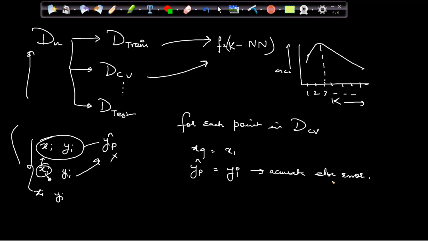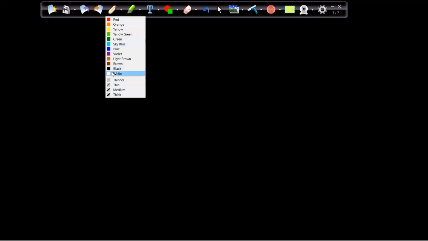Now, from that, two things come in. There are two types of errors which we have to think of. Again, let's go again and try to understand this in a very easy and simple format. Let's say I have a train data, right? Let's say I'll create a table. Let's go very slow and try to understand this concept. I split the data into three parts. This is my D train, this is my DCV, and this is my D test.